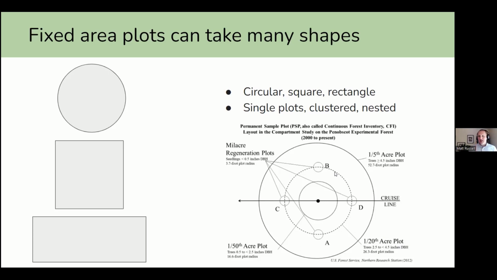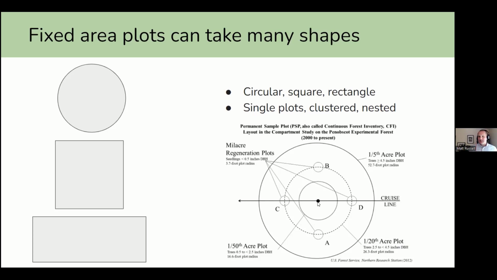And the idea there being, if you have smaller trees, you want to measure them on a smaller plot because you don't want to be counting hundreds and hundreds of trees on every plot. And then trees less than 2.5 inches, but greater than 0.5 inches in diameter are measured on an even smaller plot, a 1/50th of an acre plot within all of those.